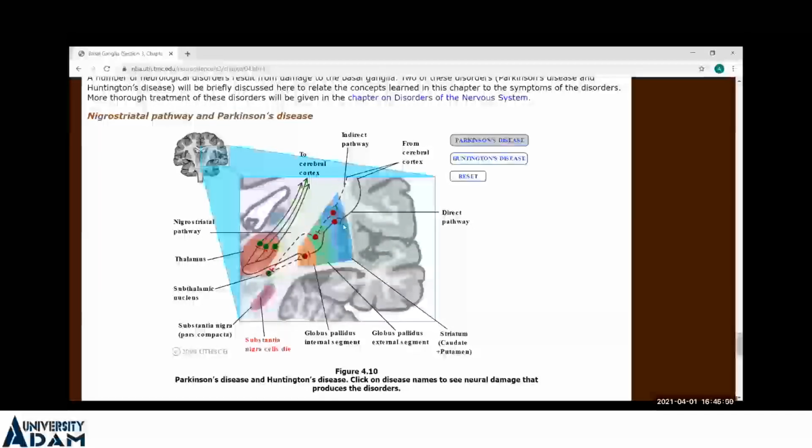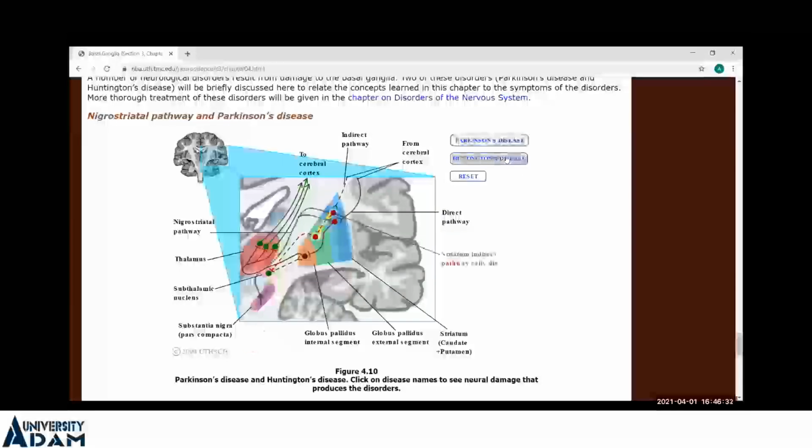So that's why Parkinson's disease leads to involuntary, uncontrollable shaking of the limbs, head, legs, arms, and also other clinical features such as bradykinesia, slowness, and problems with the initiation of movements,